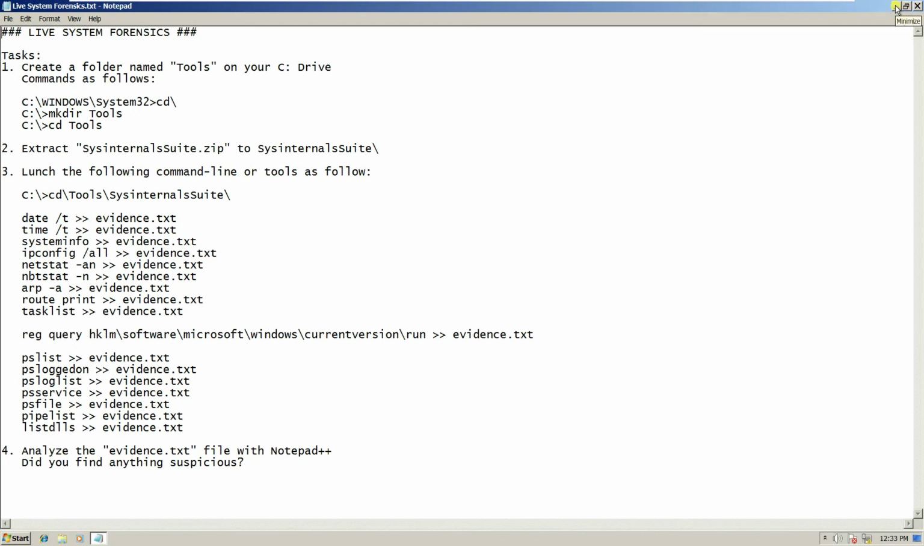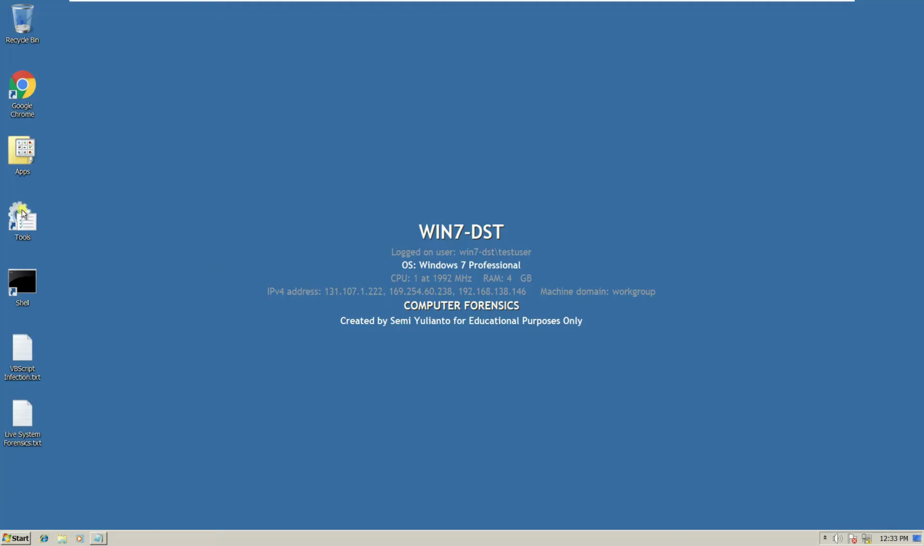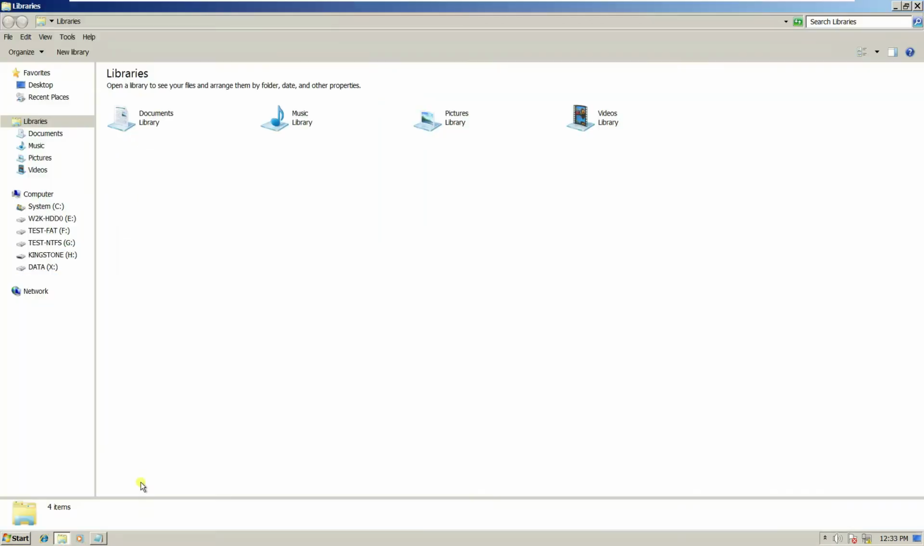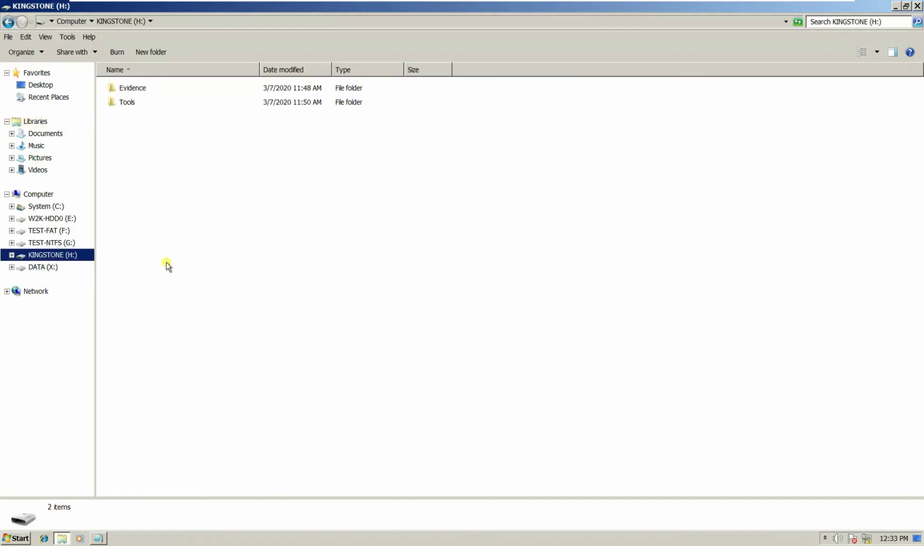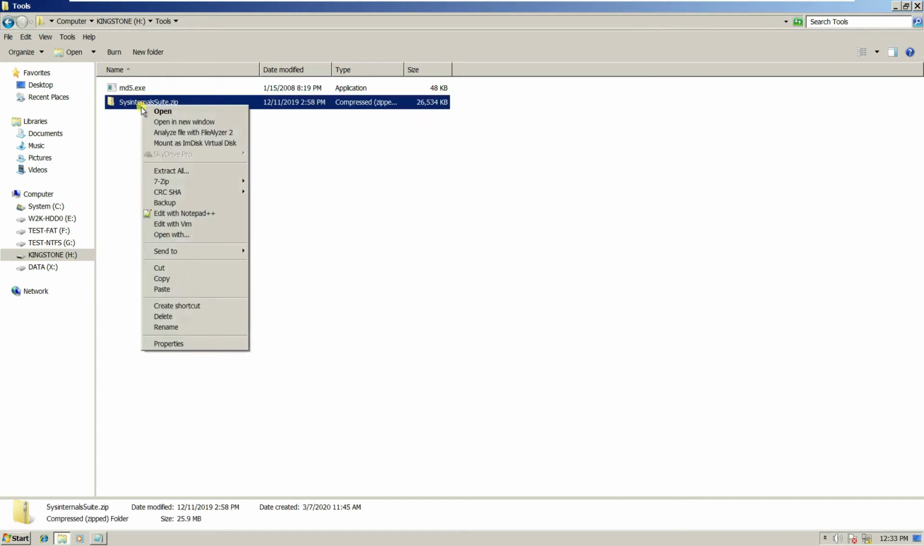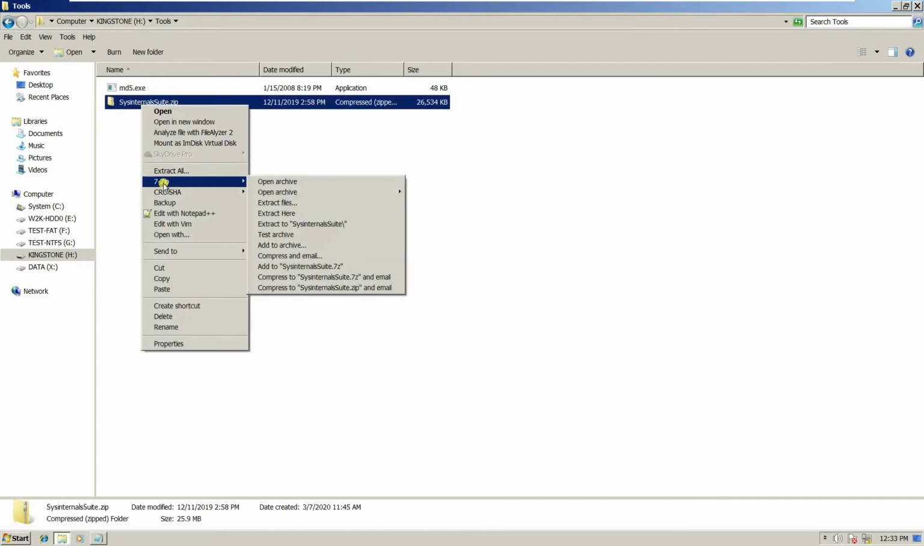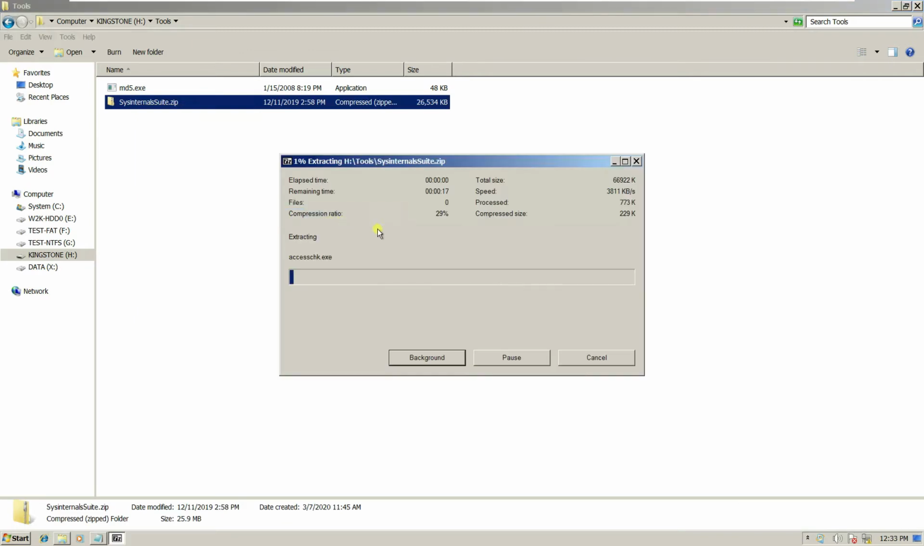Let me just minimize this, and I'll open up the Explorer. For the purpose of forensics, I have created two different folders. The first folder is the tools that has the MD5 and Sysinternals suite. So I need to extract this by using, let's say, 7-Zip. Extract the file